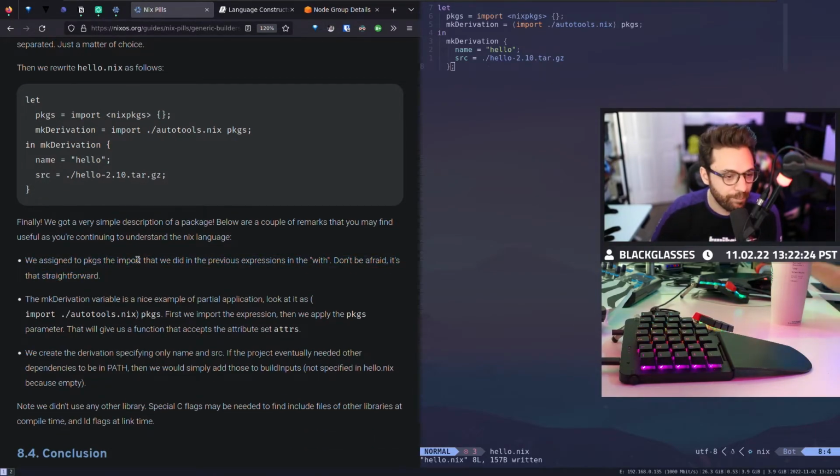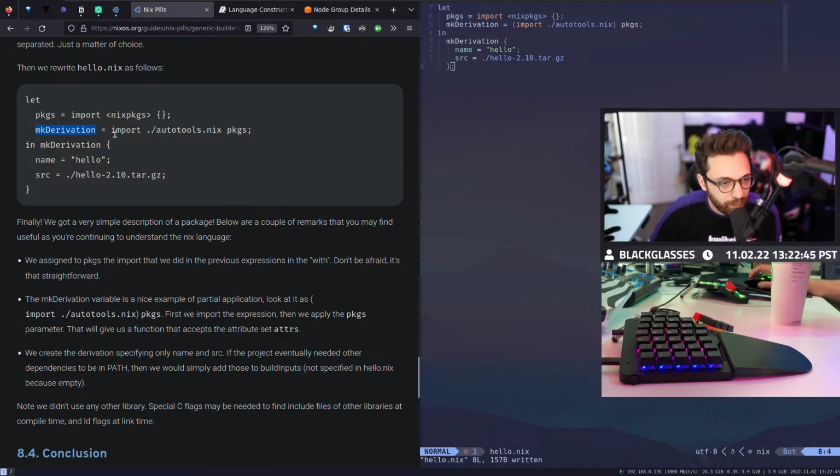So let's do that. So we assigned packages instead of doing the with. And again, that's very straightforward, because in this case, we don't want to globally just import all of our packages and use them. We want to pass it as a parameter to the function that we created in autotools.nix.